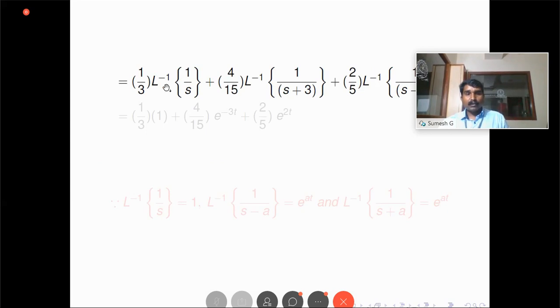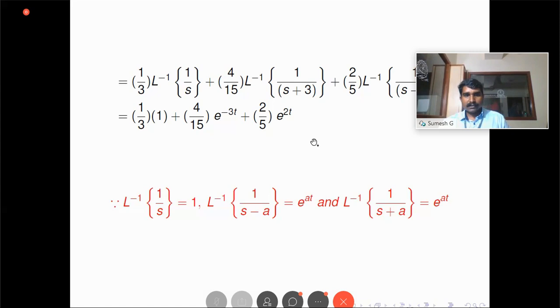1 by 3 into inverse of 1 by s plus 4 by 15 inverse of 1 by s plus 3 plus 2 by 5 into inverse of 1 by s minus 2. The answer is 1 by 3 into 1 because the inverse of 1 by s is 1, plus 4 by 15 into the inverse of 1 by s plus a form. Here a is 3. The inverse is e raised to minus 3t, plus 2 by 5 into e raised to 2t. These results are